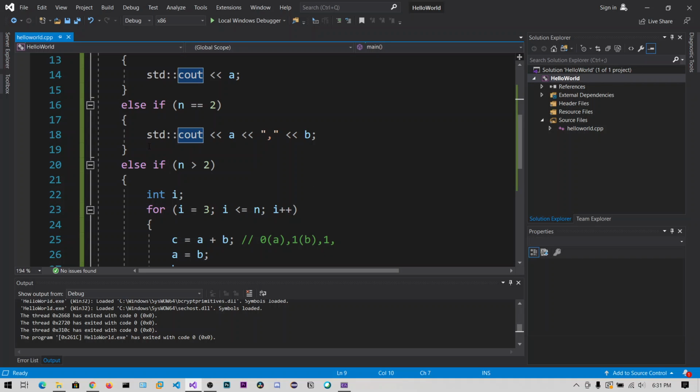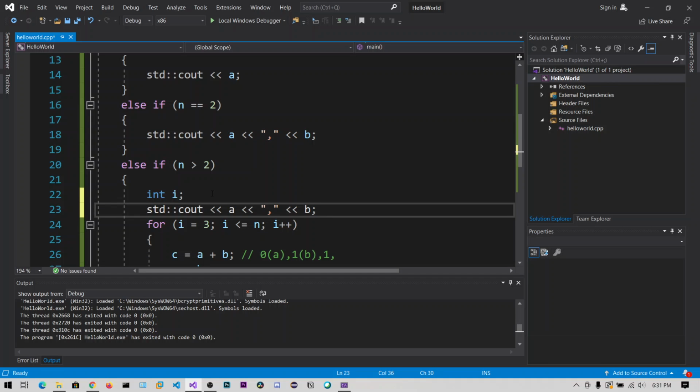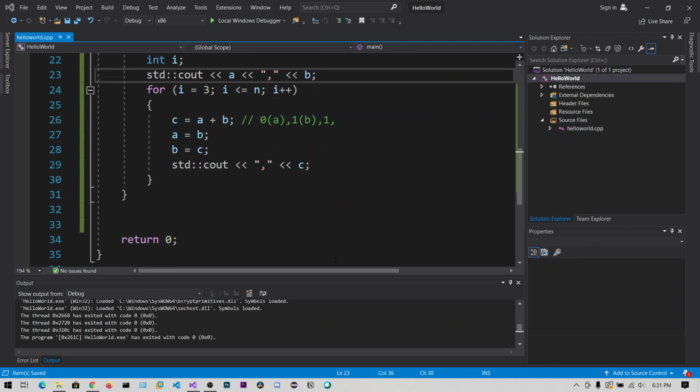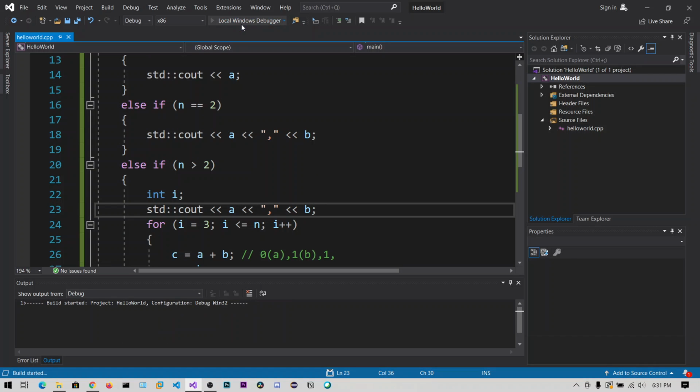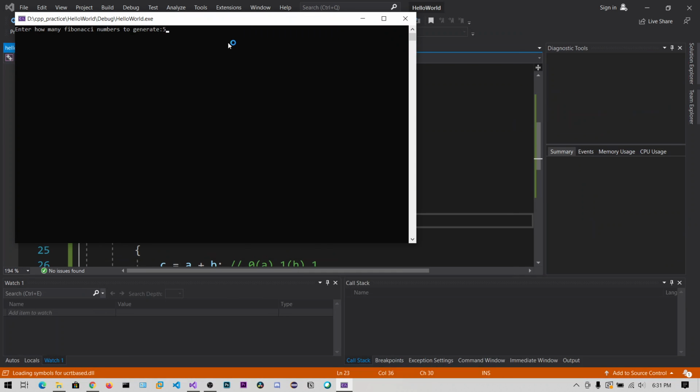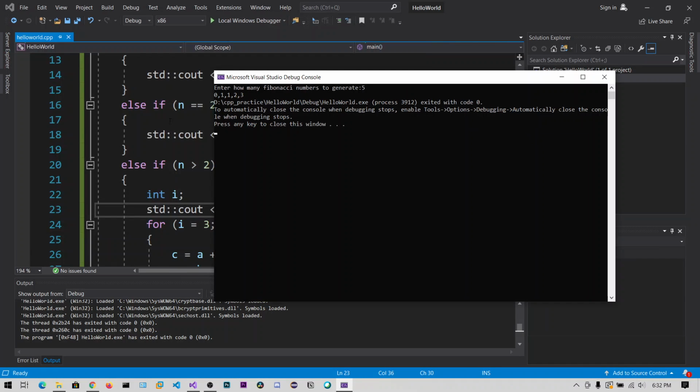We need to print these values before this loop. Even though n is greater than 2, we need to print the starting two values. I forgot that one. So now let's say 5. Now you can see the 5 values 0 1 1 2 and 3.